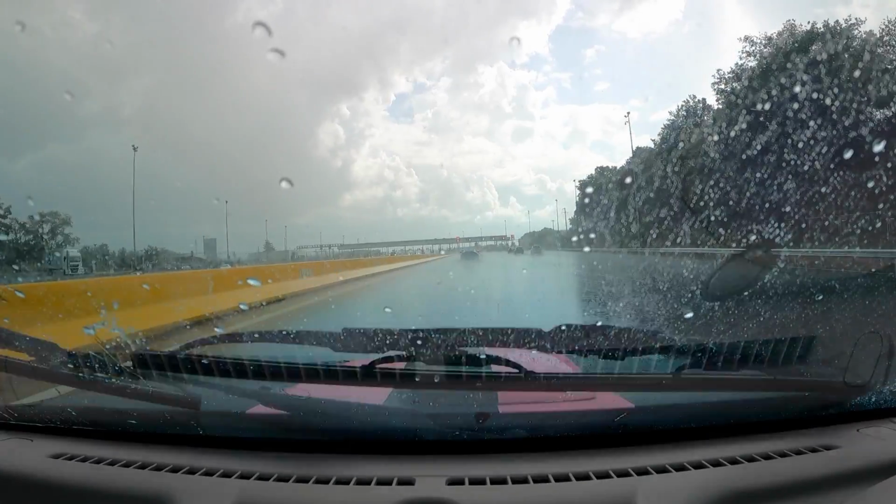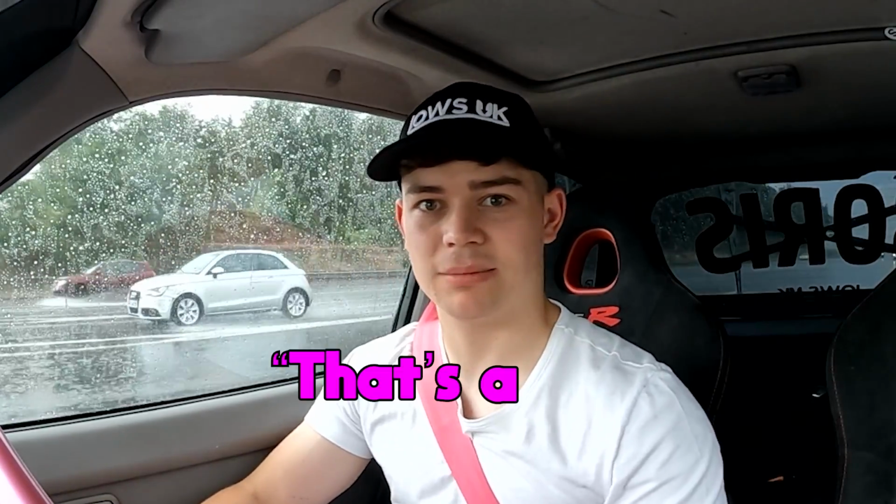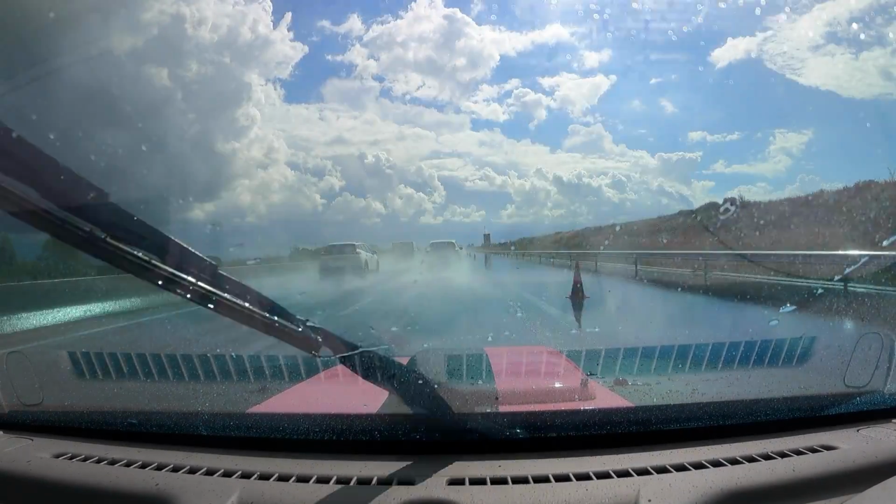Apart from the rain, everything seemed to be going well until Boris had a serious problem. My gearbox is absolutely shagged. That's a bit worrying. Boris was having a major problem with his gearbox, and this persisted for an hour until